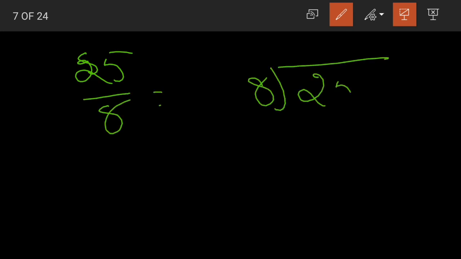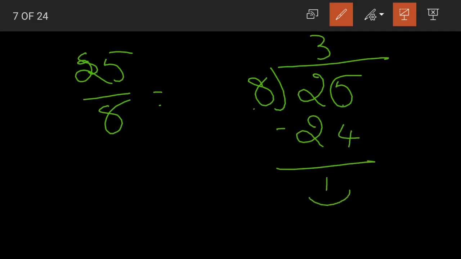But the question given in our case was 25 by 8. Yes, 25 divided by 8. Now when I perform the division here, see, 3 8s are 24, and I have the remainder of 1. Now how will we represent this in the form of a mixed number? 3 1 by 8 becomes our mixed number, students.